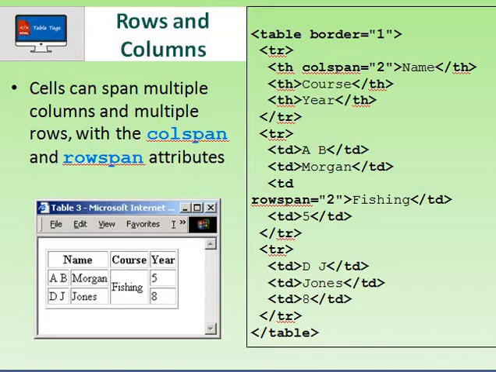So you can see the example here. Here table border is equal to 1. So a table is initiated with border value 1. tr indicates a table row. Then th colspan is equal to 2 name. So in the first row, the first cell is spanned over 2 columns, that is two columns are merged together to create this particular header value, that is name. Then after that